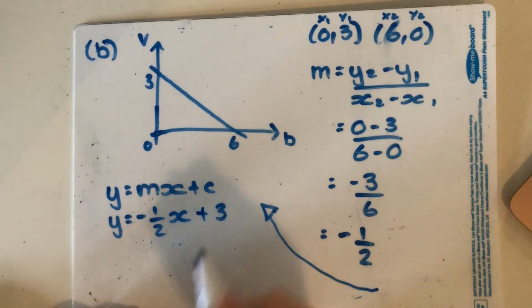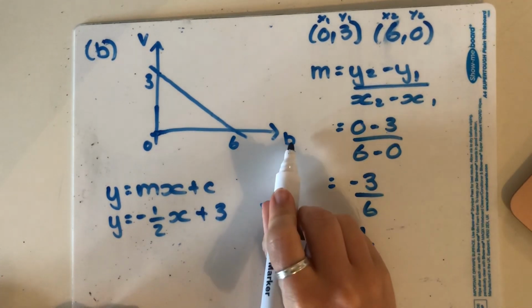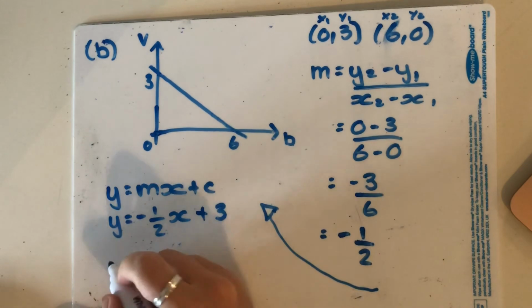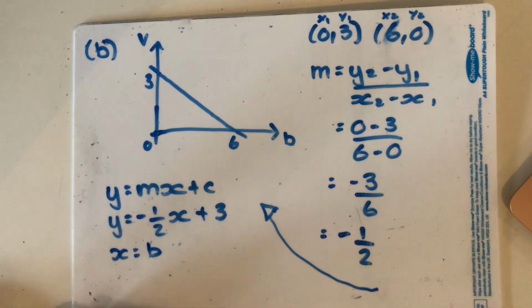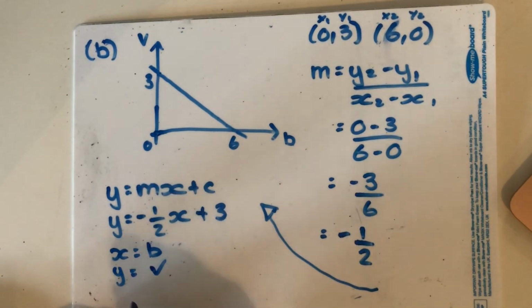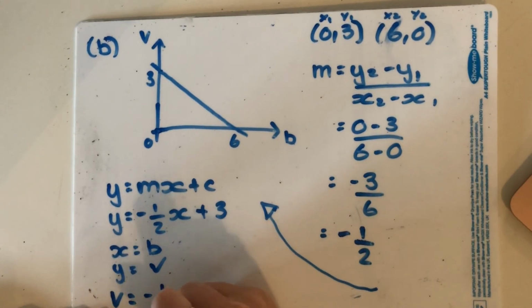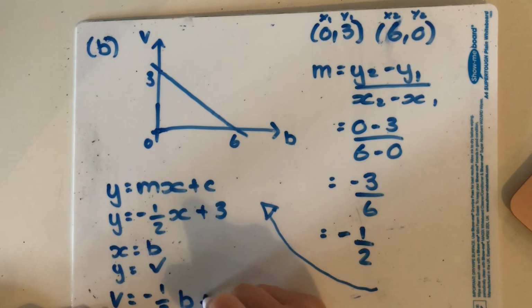So we write plus 3. But now instead of x on our x-axis, we've got b, so we can say x is b. And instead of y, we have a v, so we can say y is v. So all we need to do now is change our x to a b and our y to a v. So we say v is equal to negative a half b plus